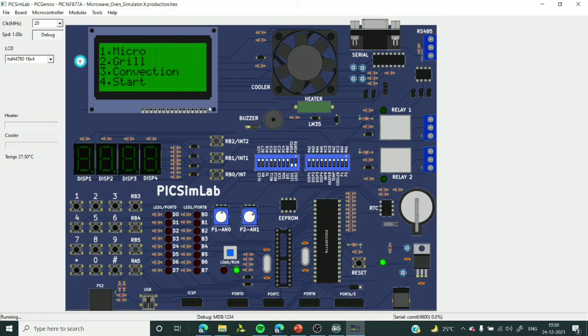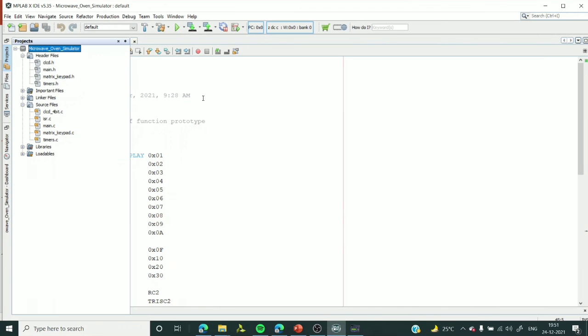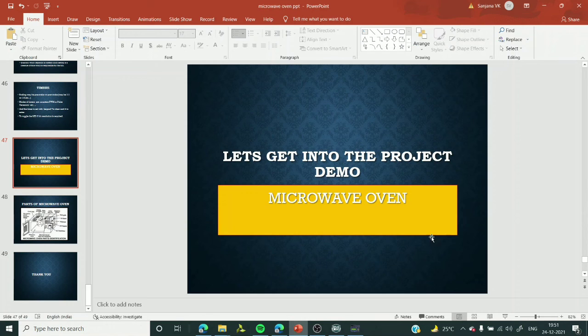Here we make use of 4-bit mode, that is, pins D4 to D7 are used. That is because the matrix keypad also makes use of port D and the CLCD also makes use of port D. That is why we give 4 pins to the CLCD and 4 pins to the tactile switch. So this is about the MPLAB.